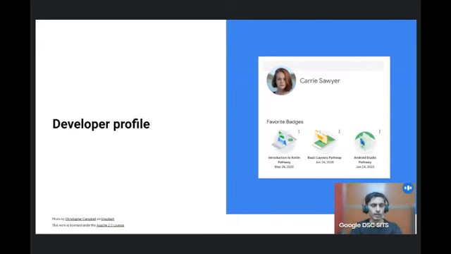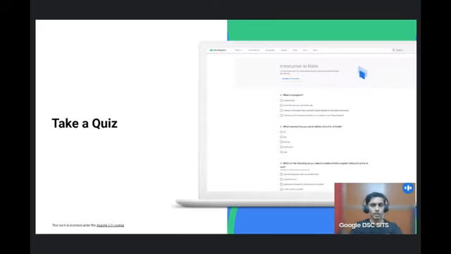I'll send that link in the chat box. So I've just sent one link in the chat box. Use that link for creating your developer profile. You can use the developer profile for saving your favorite badges that you have earned in this course and other courses which you take from Google. As I mentioned, if you want to earn badges, you have to complete the code lab quiz. Then only you will get the badges.